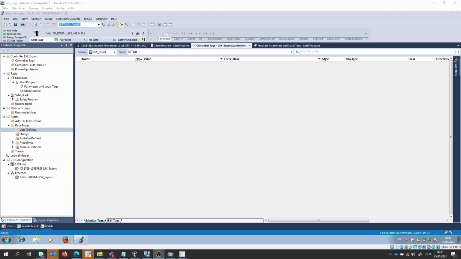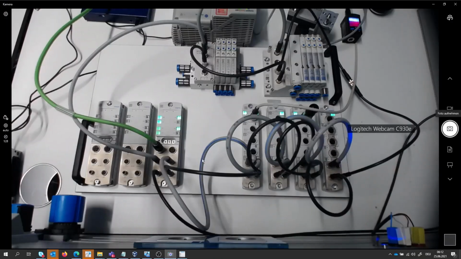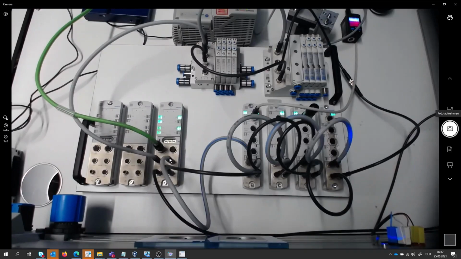Hello together. This video explains how to use the L5X export of our Ethernet IP API system in Logix. What you are seeing here is a Logix project with GuardLogix, and at the moment I have not connected any Ethernet IP device. To do the configuration of our API system with the Ethernet IP node now, you